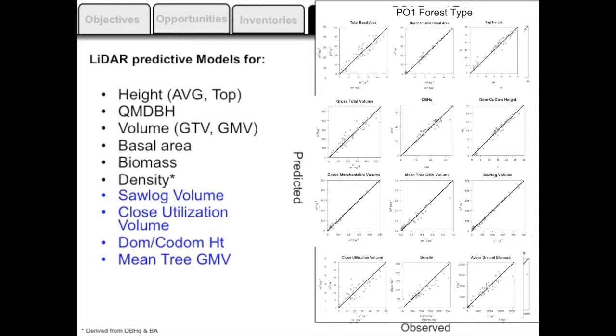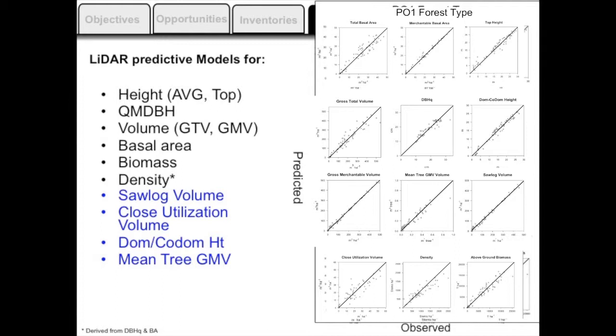This is the idea. These are one-to-one plots, that diagonal line being perfection, and this is for the black spruce. So if you look at how close the dots are associated with that diagonal line, you can see that for the different attributes: height across the top, merchantable BA, and top height. So sorry, basal area. So this is basal area of all trees. This is basal area of all trees 10 centimeters or greater. This is height. For sure, LiDAR has no problem measuring height. Here's gross total volume, the quadratic mean diameter, which we are able to fit really well. Dominant, codominant heights, the next box to the right.